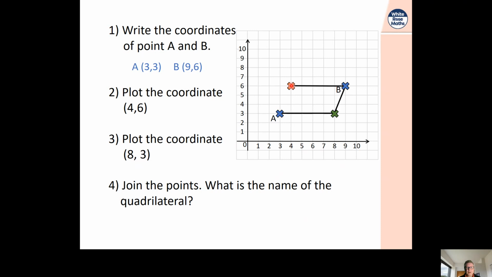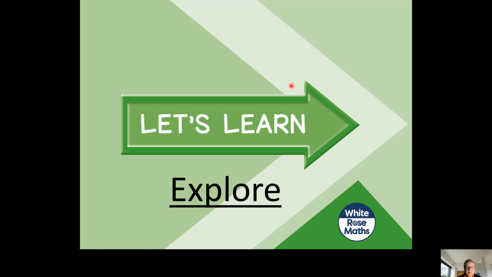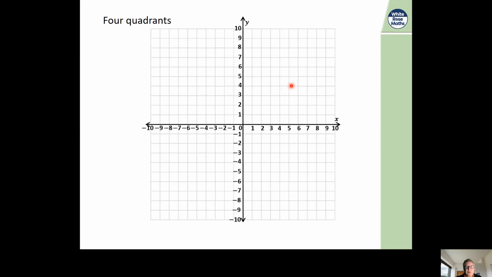Two, 3, 4. What's that called? Parallelogram. Let's move on. So we're going to explore together now. Here we have the 4 quadrants. Just pause and have a think. How are they numbered? Yesterday we were here in the first quadrant, and there's our x-axis and our y-axis, both